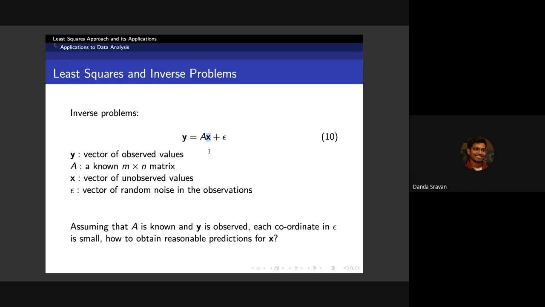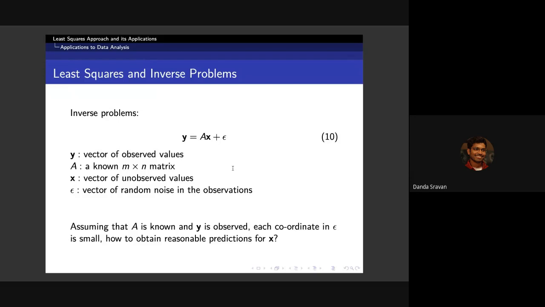So we wish to estimate what my x is, given that I know this A. Epsilon we know up to a certain extent, such as what the distribution is, and we know that it is small. So the idea is to reasonably guess x when we see y and when I know A and epsilon. You might be wondering, why not just do a direct inverse? The problem is, most often than not, A transpose A has a high condition number, so those things don't work for implementation. So what we do instead is use the ideas of least squares that we have seen so far.